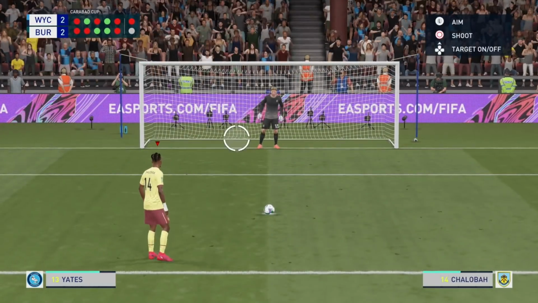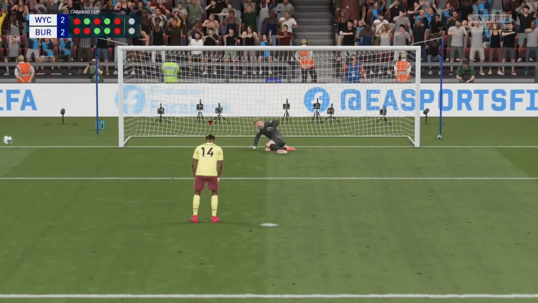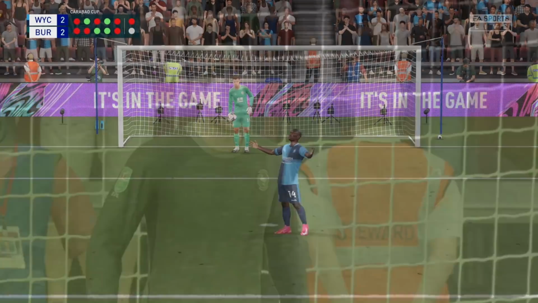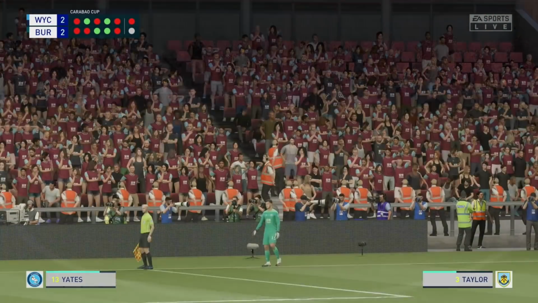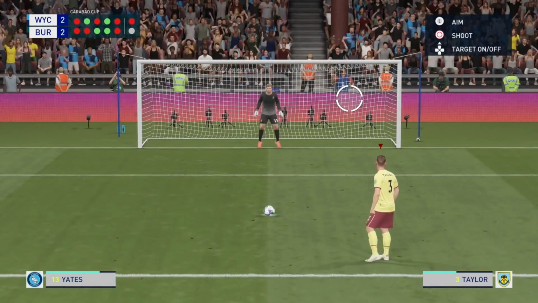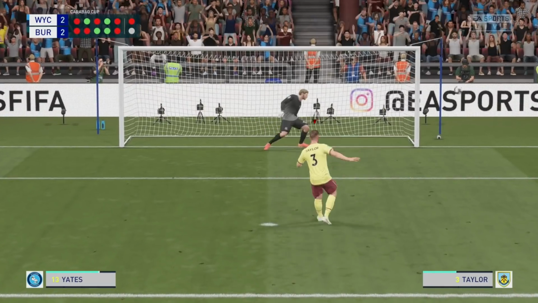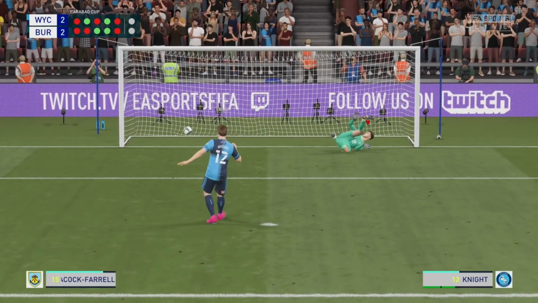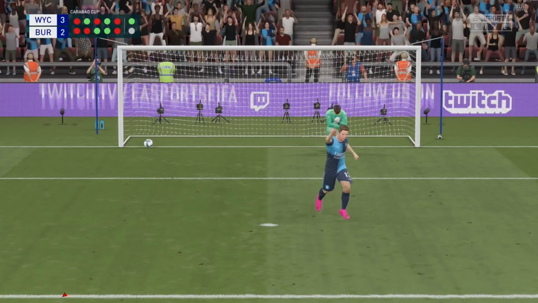so for the 3rd straight time, I had the chance to send us through to the 3rd round. Nathaniel Shaloba, new signing, saved straight at the goalkeeper, and we still, after 3 straight attempts, couldn't score. I had a 4th straight attempt to send us through. Charlie Taylor, the left back, fails to score, and after Knight converted his, sending Peacock Farrell the wrong way,